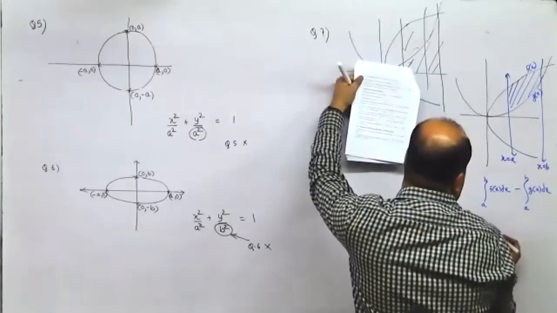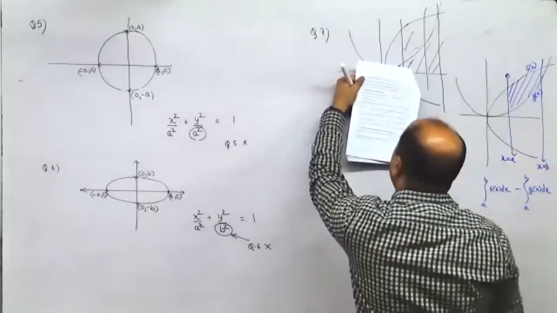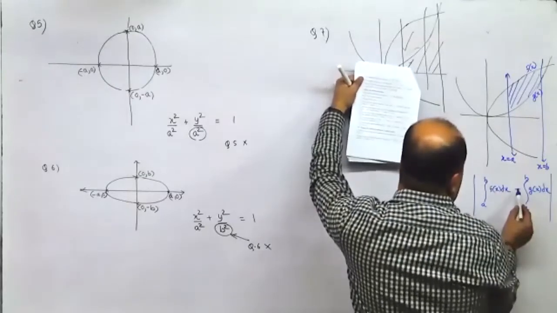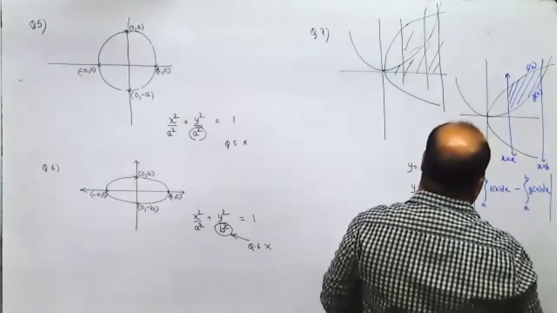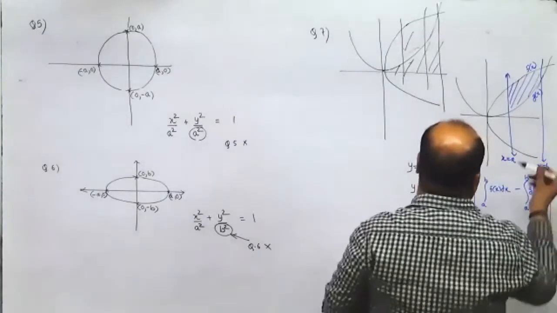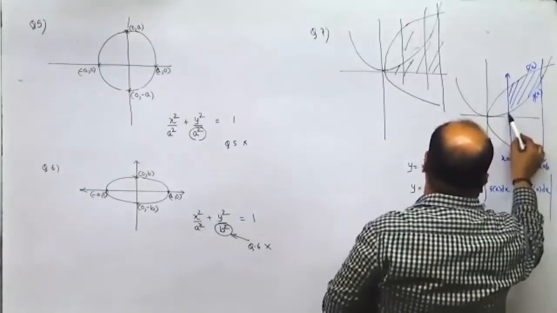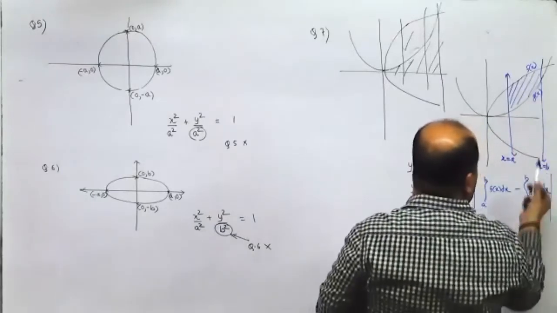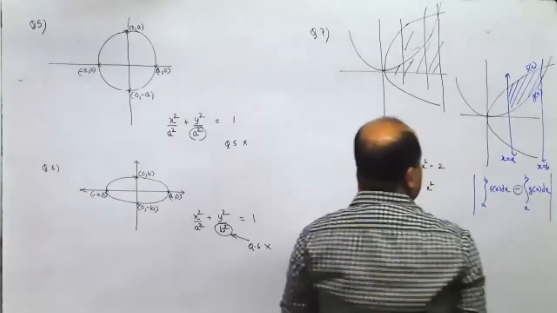Same limit. Within mod, because it can be above or below the x-axis. So this one is also correct. I believe this should have been minus. Anyway, addition won't be possible, because even in case you want this, it would be only g of x. It wouldn't have been f of x plus g of x. It would be only g of x then in that case. So it should have been minus.